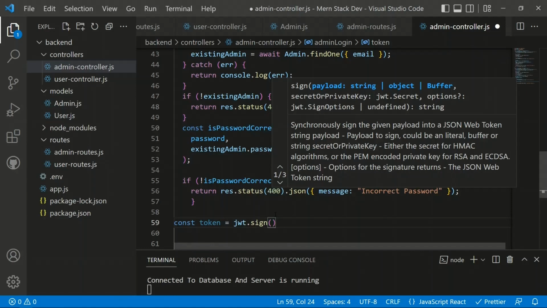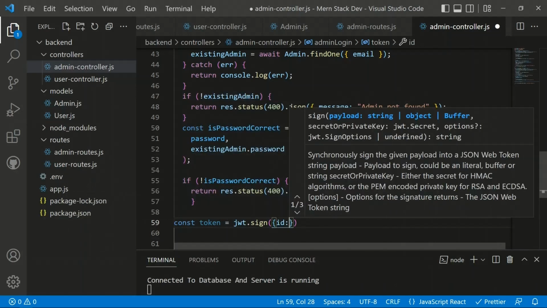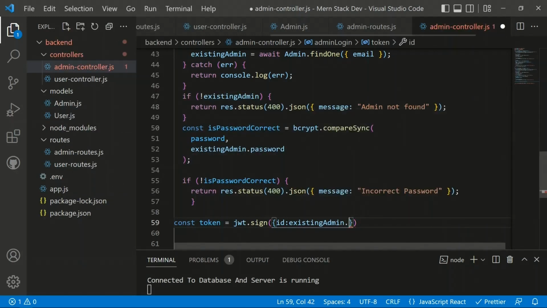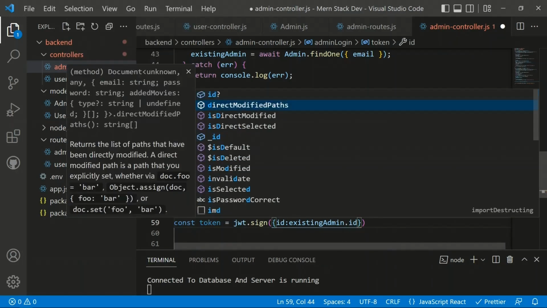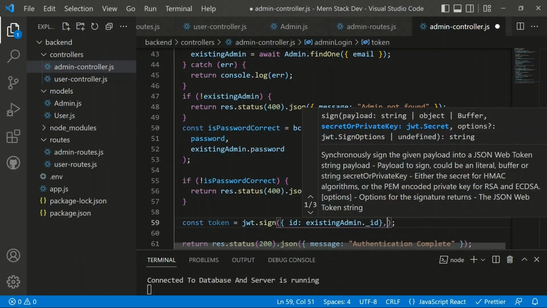and after that we will authorize the user as well. So once we create the movies, we will authorize that user with the JWT. After that, we can provide some payload. It should be the email, or we can have the ID of that admin. So we can have the ID from the existing admin dot underscore ID. MongoDB provides us the ID as underscore ID, so we need to encrypt this ID inside the token. We can also encrypt the email, but the ID would be more preferable. After that we need to provide the secret key,